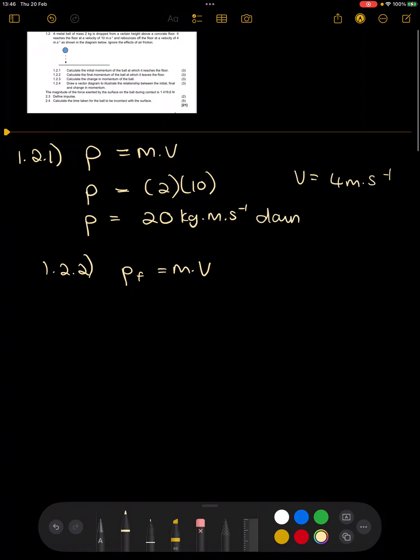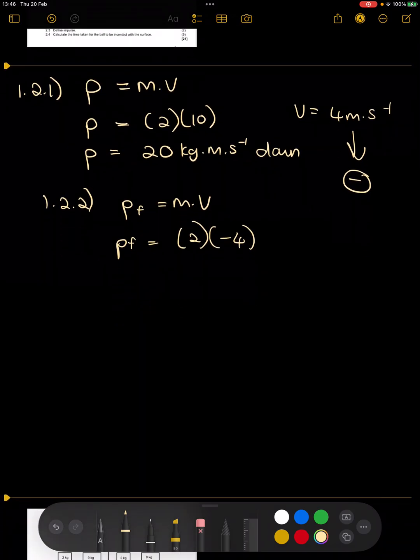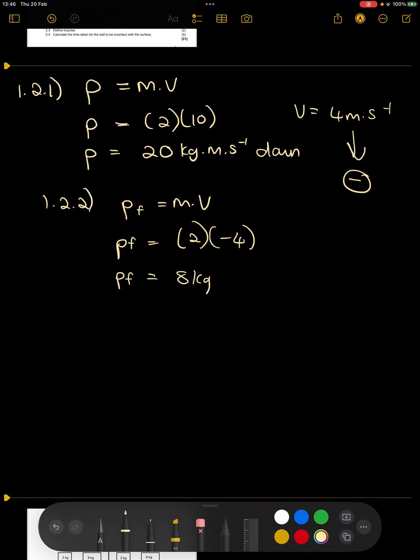So I'm going to have to change this to a negative sign so that my formula shows that. My mass still remains 2. My velocity is now negative 4, which means my final momentum is going to be negative 8 kg·m/s, away from the floor